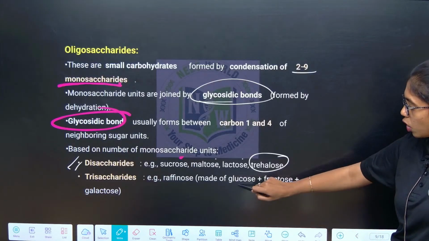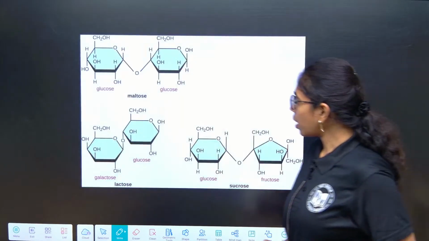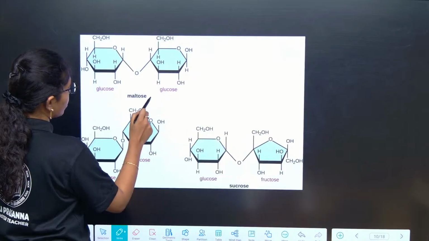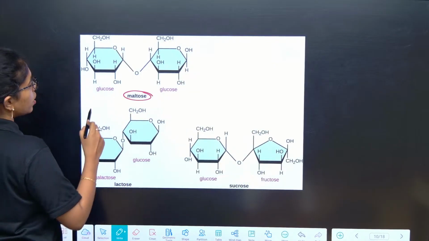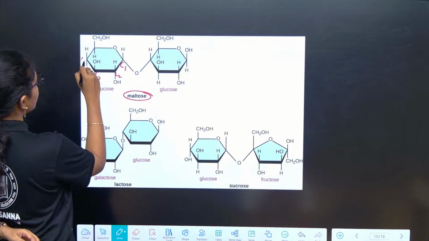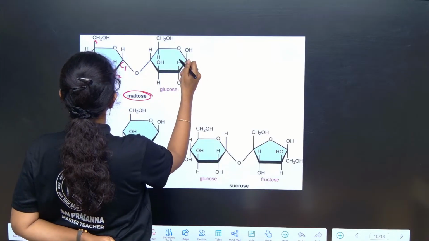Trisaccharide, here you can see the combination of 3 monosaccharides. So here you see glucose. 2 glucose units will combine to form what? Maltose, which is a disaccharide. So here you see carbon 1, 2, 3, 4 and this is the 5th carbon. Same case here, C1,